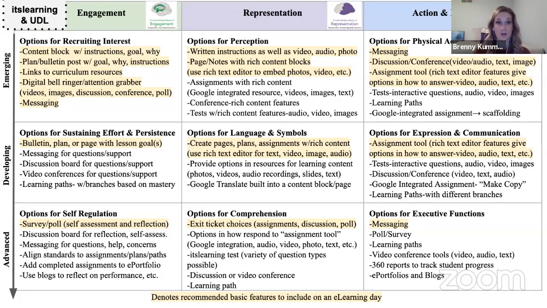A lot of them are tools repeated within multiple categories because I felt it was important to show our teachers that you don't have to master 50 different tools to be able to support UDL online. There's a couple of tools that, if you have them in your toolbox, you're going to be fine. They have options and flexible resources built in within that one tool. Next slide, please.